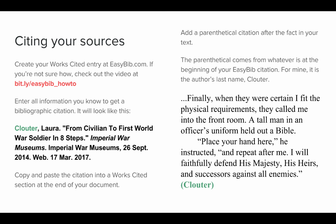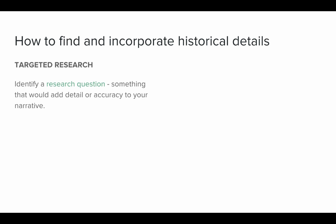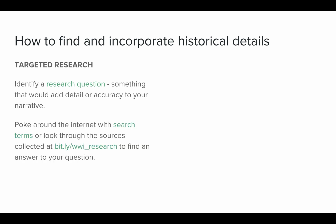If you're ready to try this, you want to think about how are you going to find and incorporate historical details, and there's a couple of ways to do this. You might do targeted research, and that's kind of what I did in my example. You want to identify a research question, something that would add detail or accuracy to your narrative. Then, use search terms to poke around the internet,